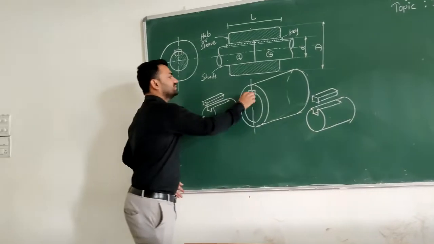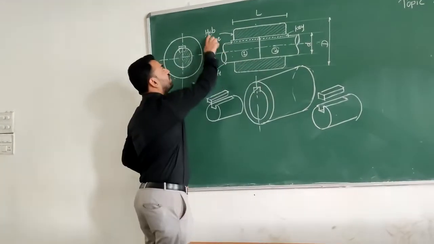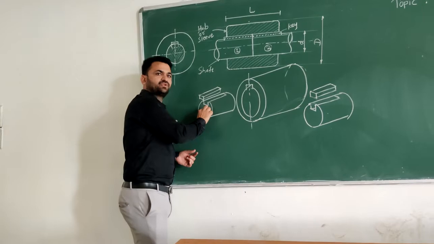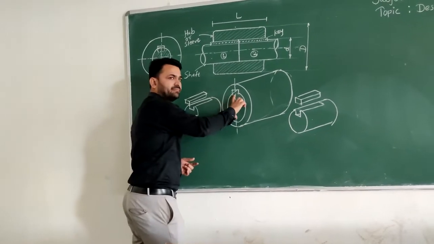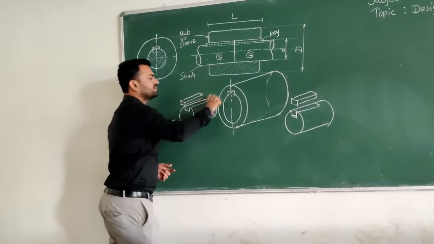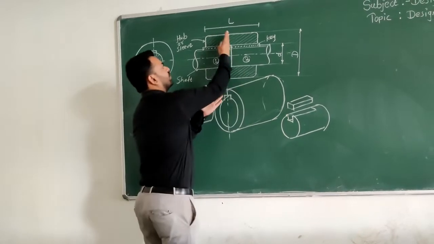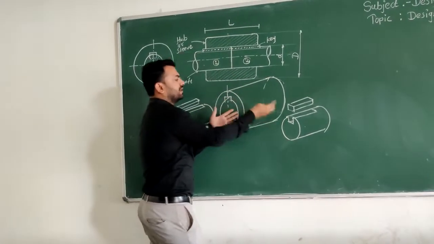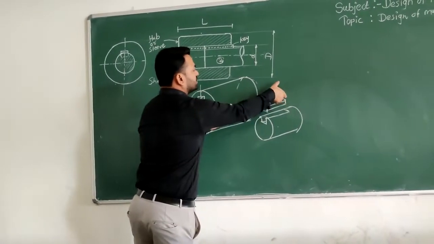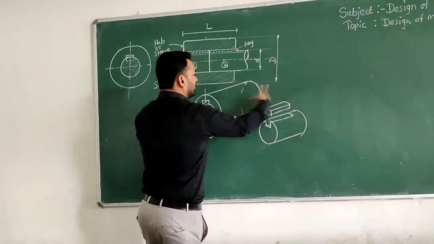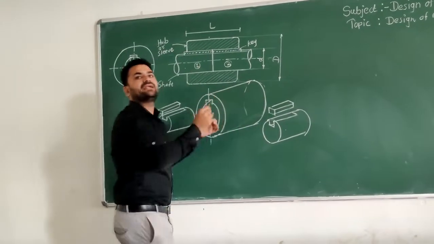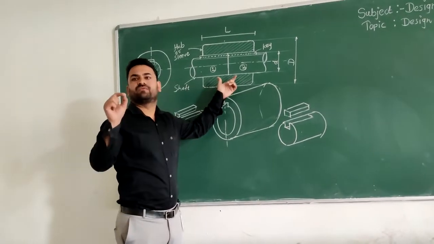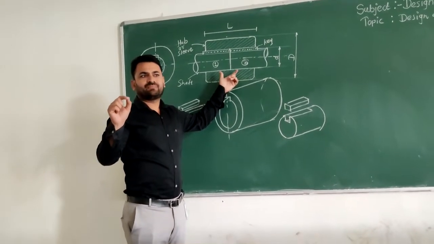Okay, the shaft is there. This is the hollow shaft known as sleeve or hub. This is the input shaft. This shaft is going to be inserted over here. Then the key is inserted from this side. So this is the hub portion. Similarly, this is the output shaft. It will be inserted from this direction with the key. So it will be a combination, then it will be an assembly of muff coupling. Now got it? Yes, sir.